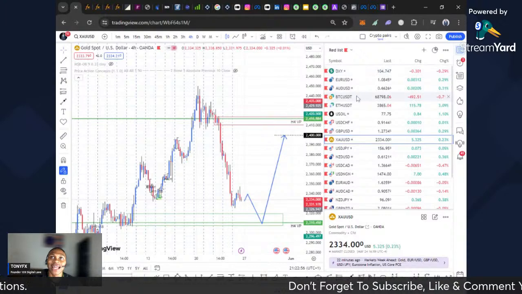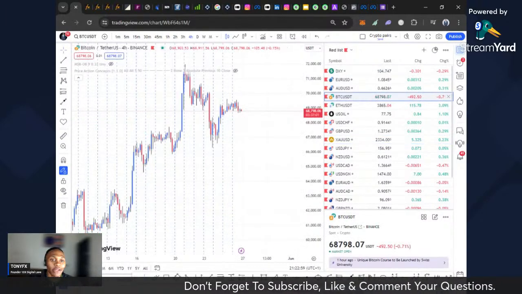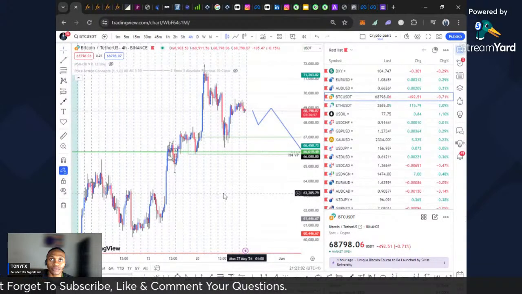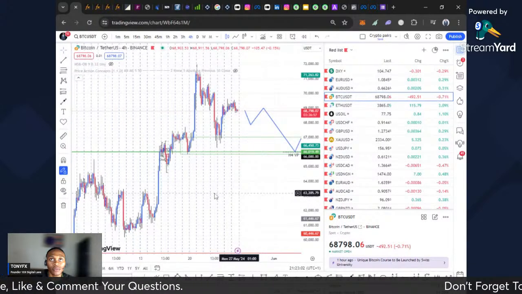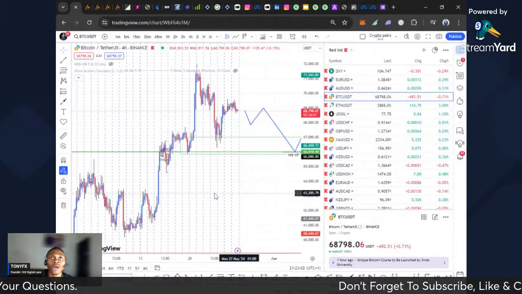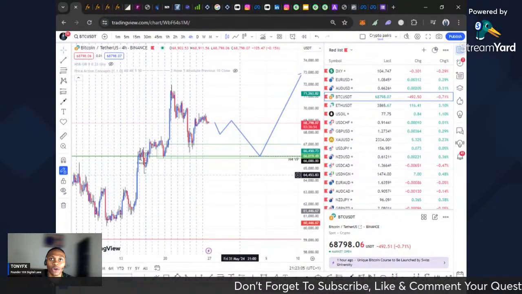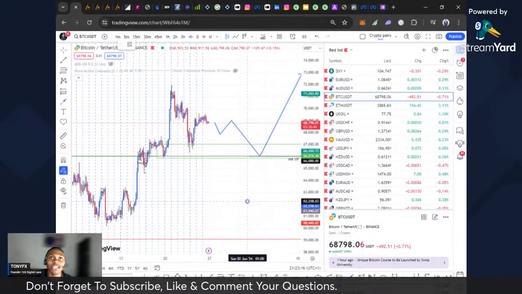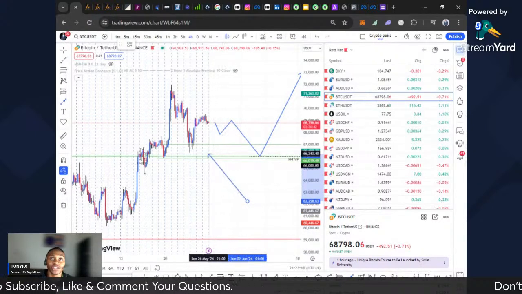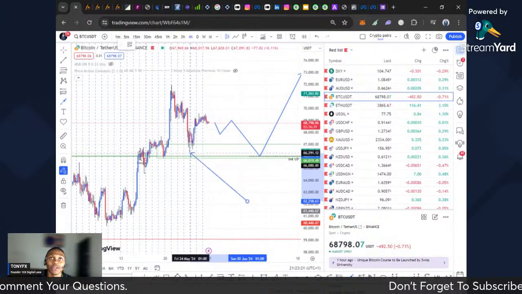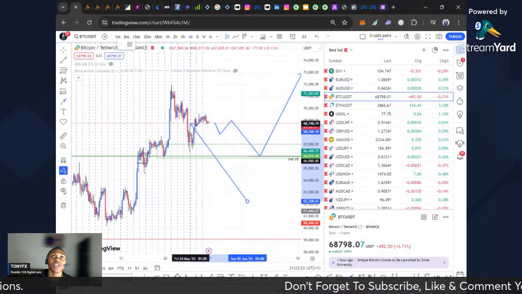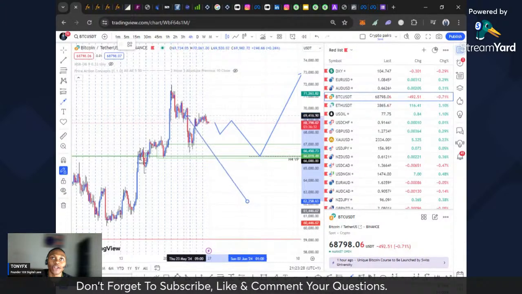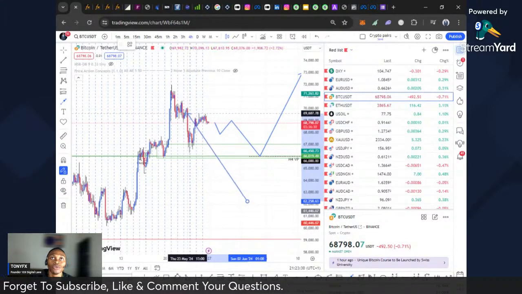Then the last on our list is Bitcoin, the people's coin. So for Bitcoin, we were aware that there was an announcement, sorry guys, of the Ethereum ETF being launched. The Ethereum ETF has been launched, and when it was launched, it was at this point. After that, there was a massive spike in the market, and the market moved up. This is more like a corrective structure to retest this zone, this supply zone on BTC.